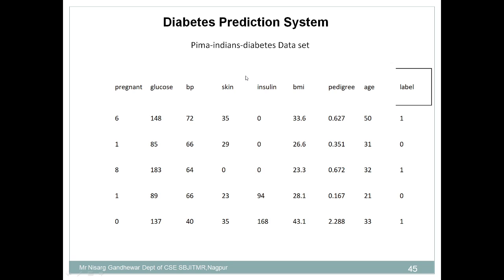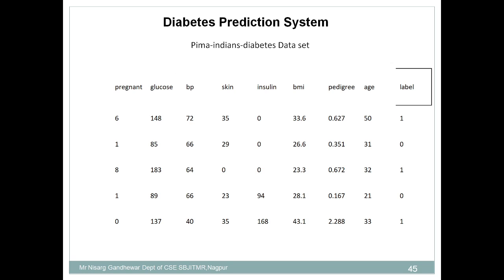I hope you understand this data set. These are the independent variables, and this label is the dependent variable. Why is the label called a dependent variable and why are these 8 variables called independent? Because the label depends on all these 8 variables. The value of the label totally depends upon the values of these 8 variables.